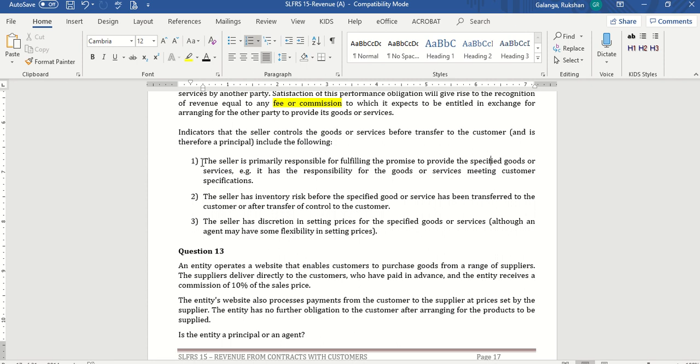If a particular seller is responsible for fulfilling the promise to provide the specific good or service, then he is the principal, because he is the one who is promising. Now, for example, if you purchase an item from the Alibaba website or Daraz website,